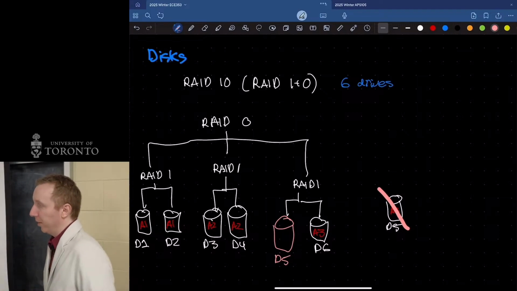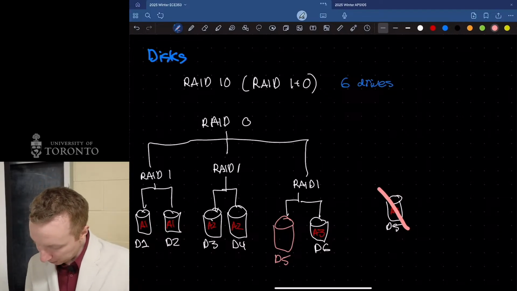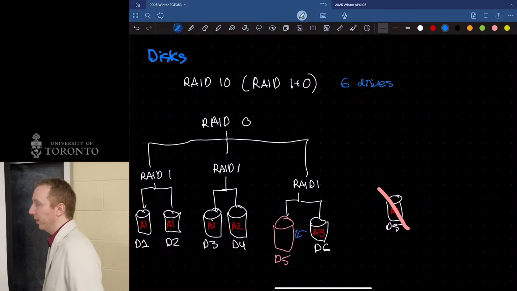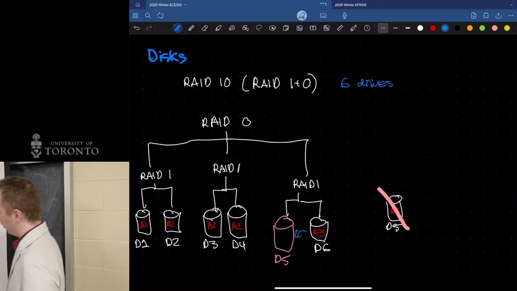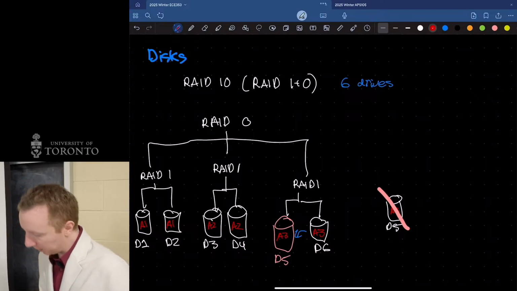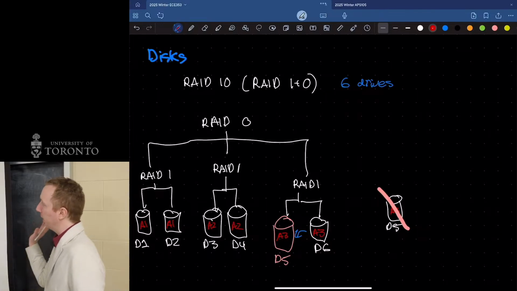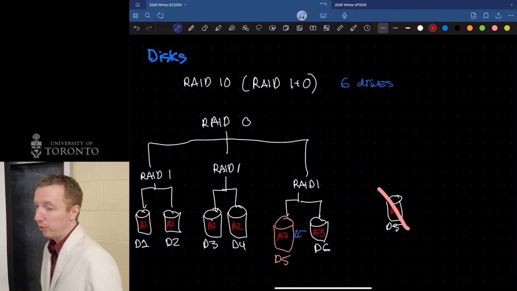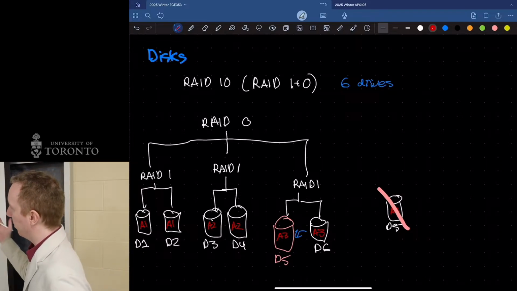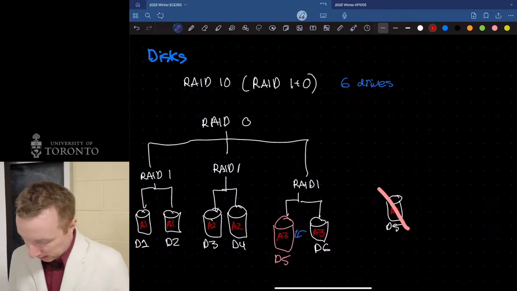Then to recover, I don't have to recompute the parity information at all. I just have to make a copy of disk 6. It just copies information from disk 6 over, not involving any of the other drives. We don't have to recompute anything. It's just a straight copy, which is usually a lot faster than having to read every single drive in my array. So you might prefer something like this.